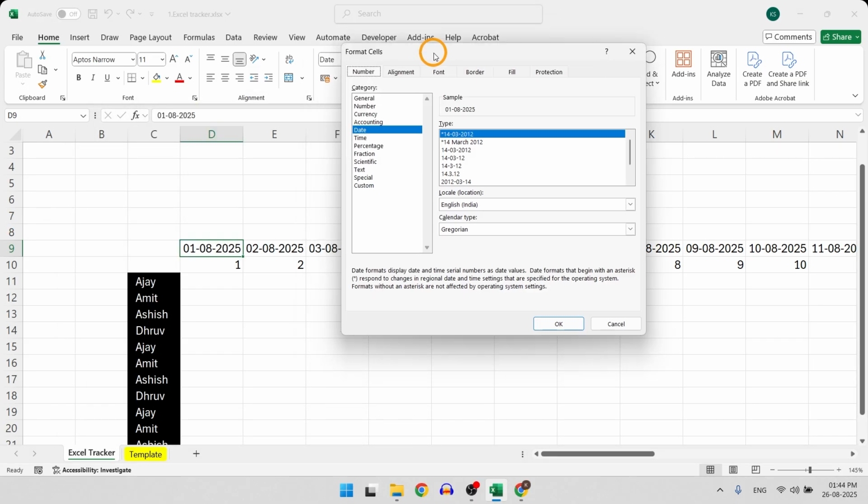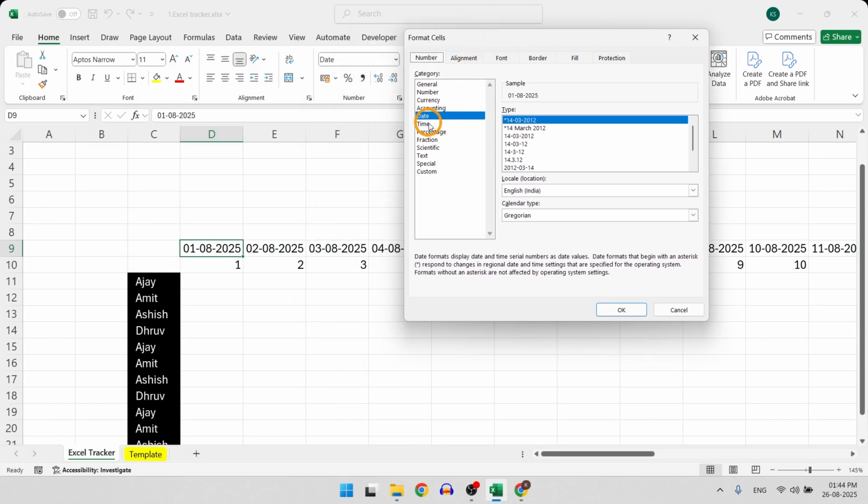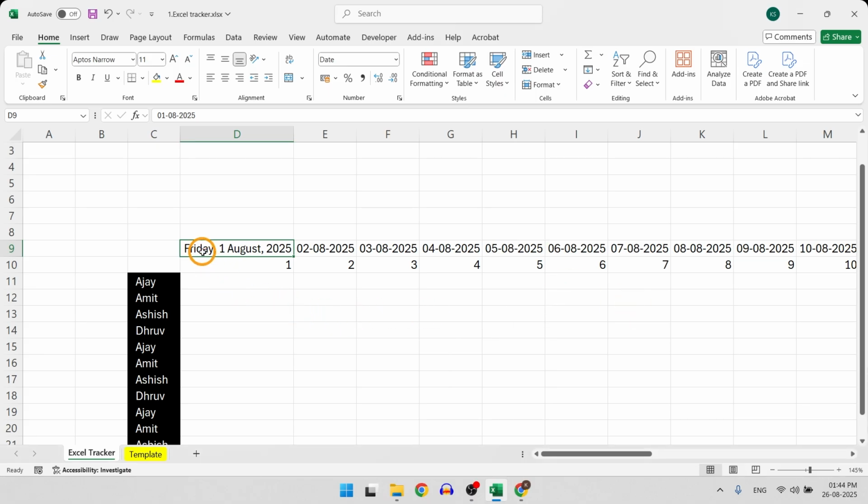But none of the built-in formats give us that. Even if you try this last format, this format is too long. This doesn't fit our requirement. So what do we do now?